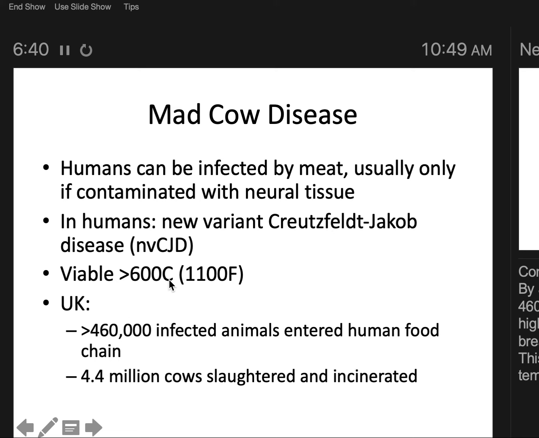Viable above 600 degrees Celsius, which is 1100 degrees Fahrenheit, which is super weird, right? Because these are proteins, you'd think they'd denature. And it's not that they don't, because many of them do, but for some reason they're pretty durable, and so there's still some left over. It could be that some of this has to do with the fact that when you're burning meat, the whole thing doesn't get equally hot, but there is something especially durable about them, and the reason for that is not really clear. So the symptoms it causes is basically muscle weakness, because the nervous system is off.